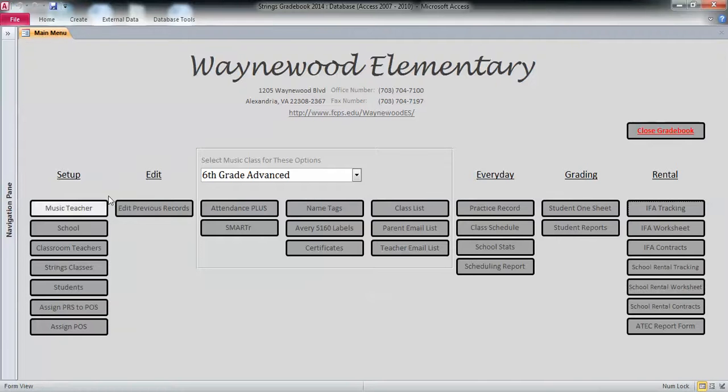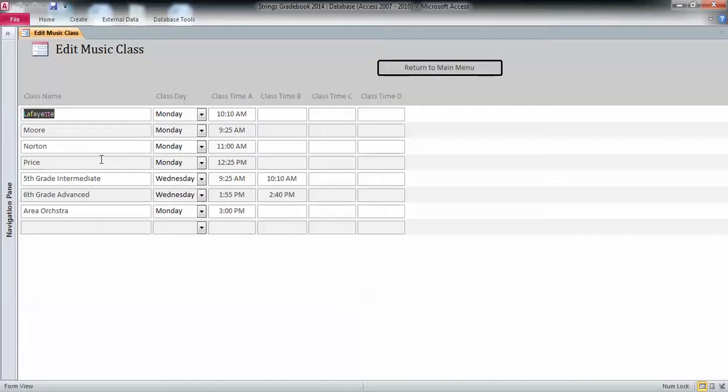Alright, back to strings classes. Here we go. This is where you enter in the names of your classes, the day that they happen, and the times. In case you rotate, you can have up to 4 times listed here. You can see for my 4th grades there, I have to do them by class, and I get 5th and